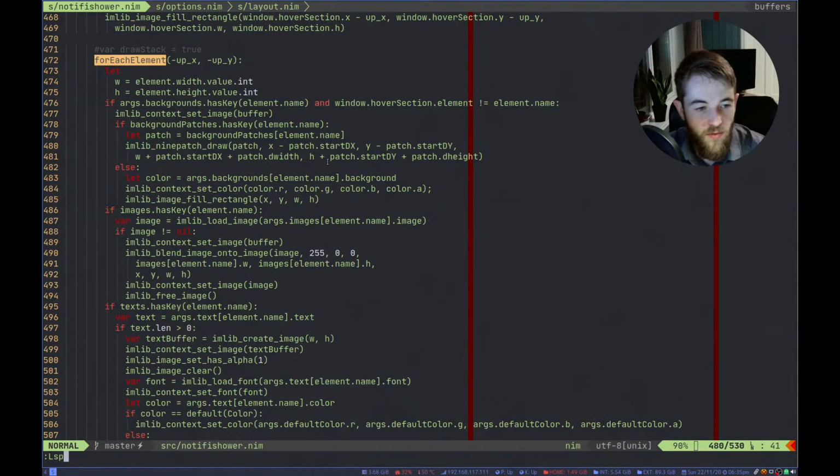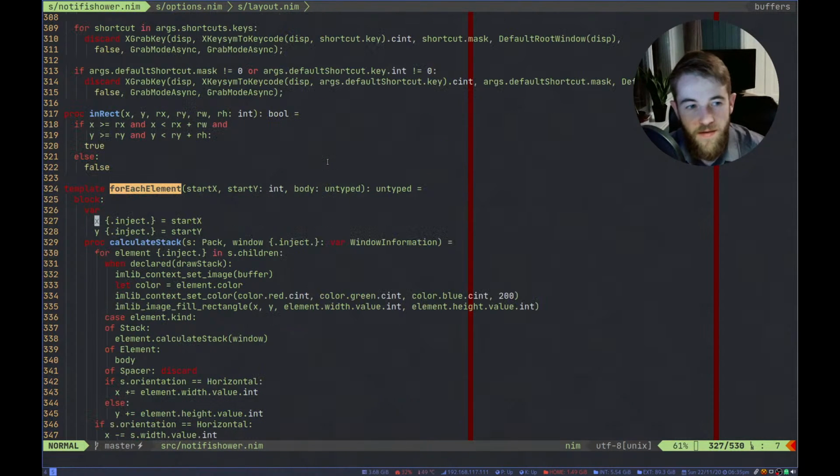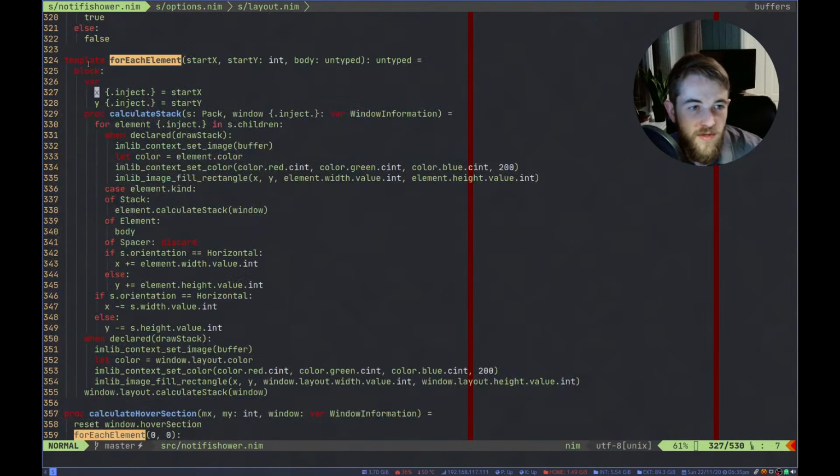So if we do this, yeah, this shows me that this X variable is defined inside of this template. So yeah, and as you can see, we're only doing this when we have body elements.